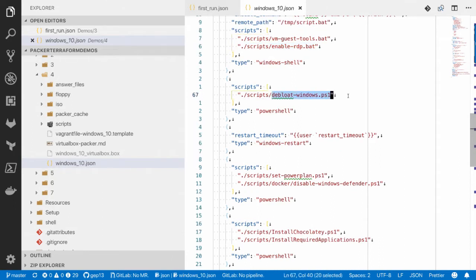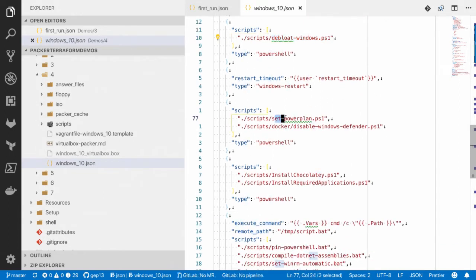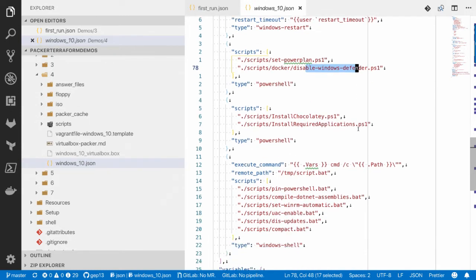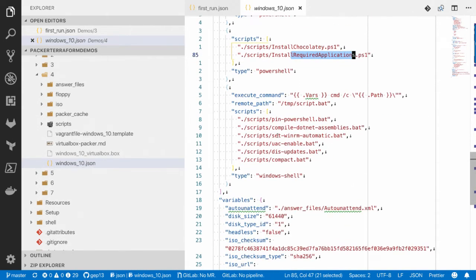things like debloating Windows. So it's running a tool on Windows itself, once all the files have been installed, to compact the file system, essentially defrag it, and get it to a fresh known state. And then we've got things like setting power plans, disabling Windows Defender, because in an environment you might not want or need it, so in my machine I'm doing that. I've then got installing Chocolatey and installing required applications. And then I've got a bunch of stuff down here for enabling UAC, compacting the hard drive again, compiling .NET